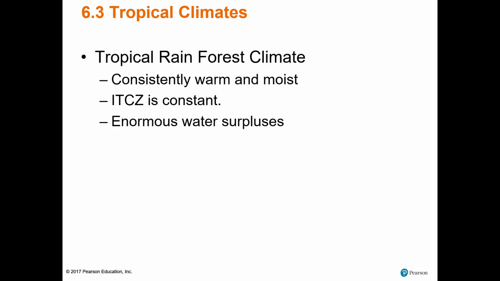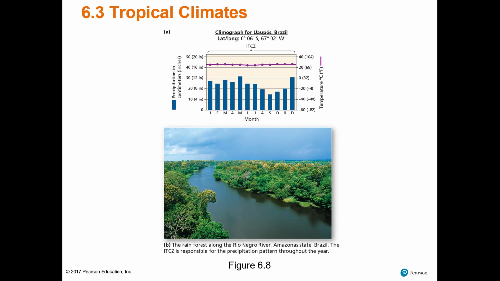The tropical rainforest climate is consistently warm and moist. The ITCZ is constant, and it's characterized by enormous water surpluses. So here is a representative climograph for a tropical region of Uapes, Brazil, and you can see that there are